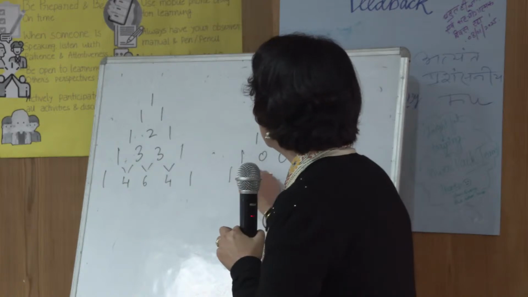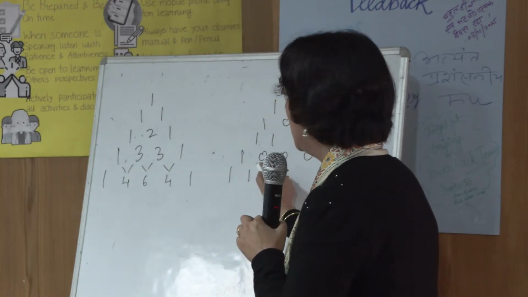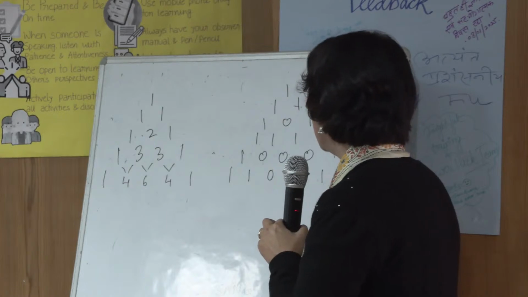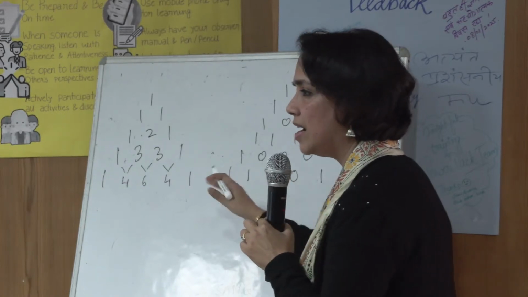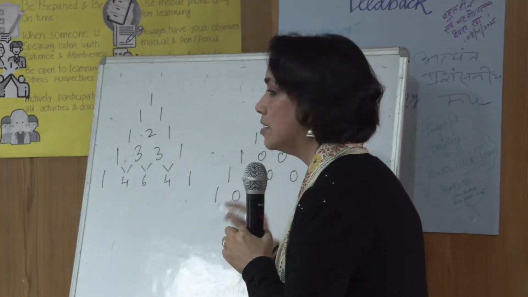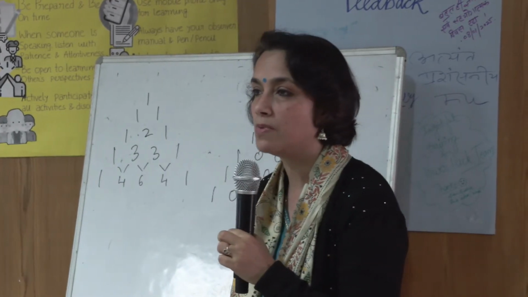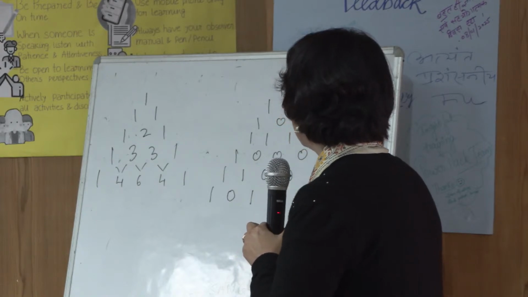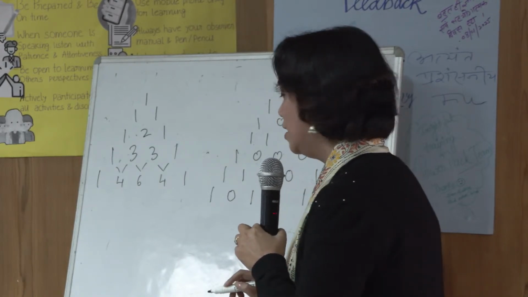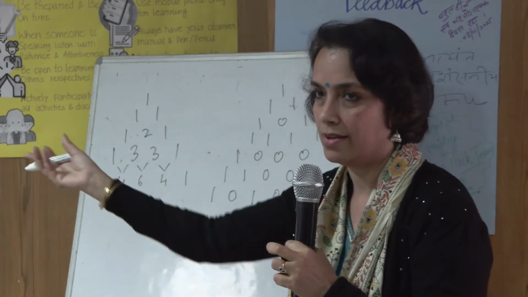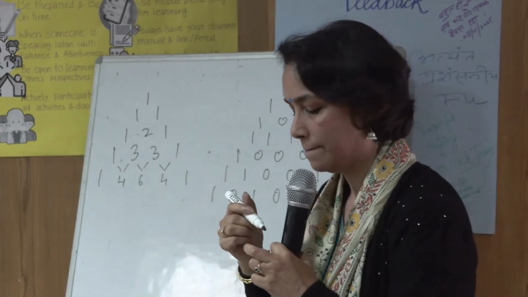So we do 1. 1 plus 0 is 1. 0 plus 0 is 0. 0 plus 0 is 0. 0 plus 1 is 1. And you end. So we always start and end with 1. Next, 1. 1 plus 1 is 0. In modulo 2, 1 plus 1 is 0. 1 plus 0 is 1, then 0, then 1, then 0, and then 1. Right? So the ones have to be shaded, the zeros have to be blank in this coloring.